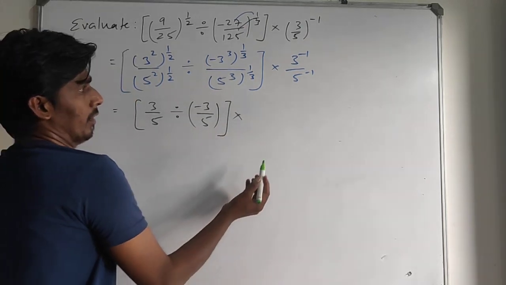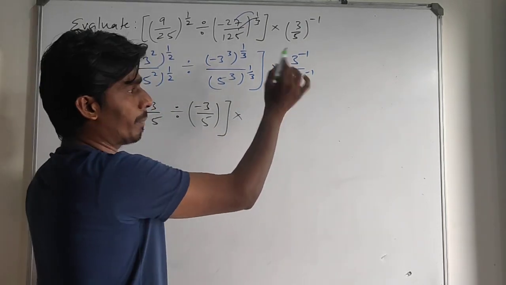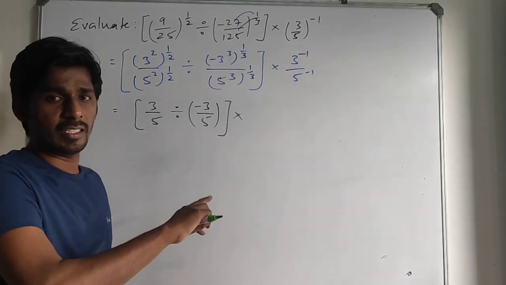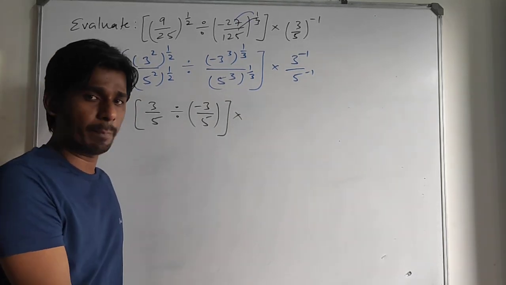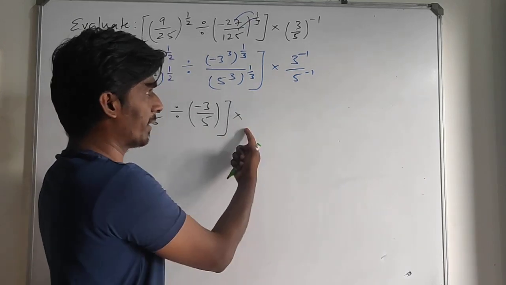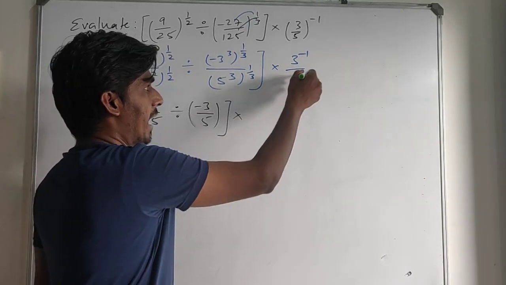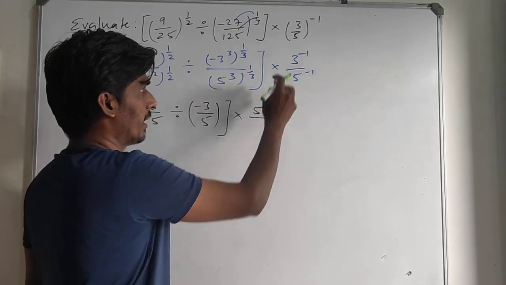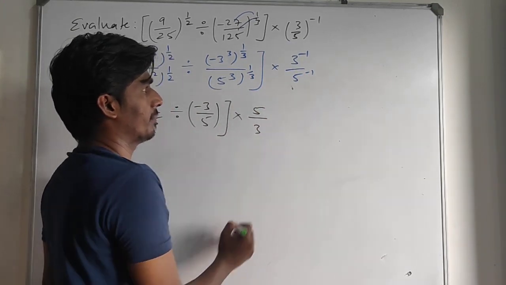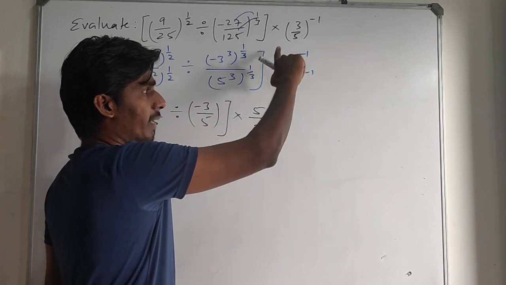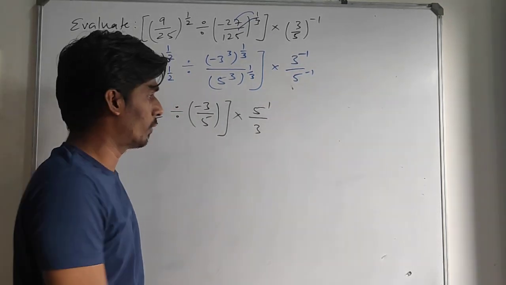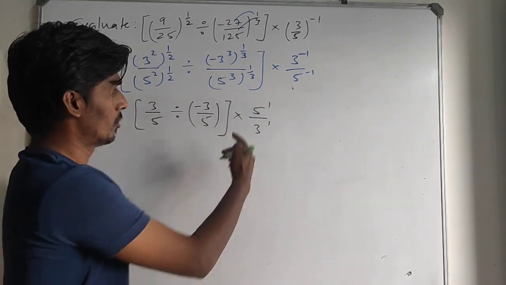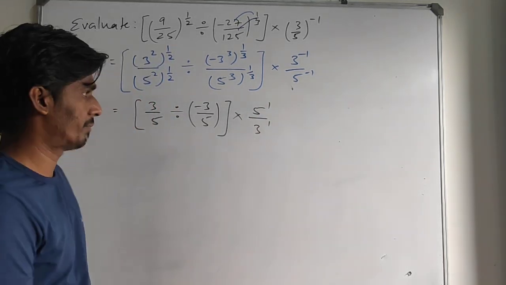Now I am going to convert this negative power to positive power. Last time what we did, we just took the reciprocal, division became multiply. Here multiplication is already there. So what I am going to do, I will take this 5 power to the numerator. And 3 I will bring down. If I take this minus power up, 5 raised to 1, and the 3 comes down, so the minus becomes plus. This way I change the sign.